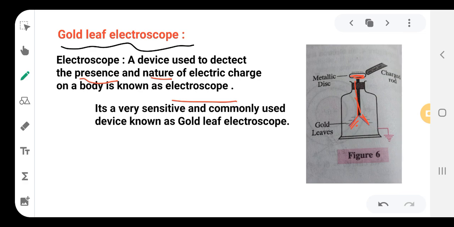Now let us go to the working. This apparatus is completely arranged in a glass jar, and this glass jar is earthed so that if numerous charges are accumulated on this rod, extra charges will be on the jar also, and we may feel the shock. Therefore this jar is grounded so that the excess charge moves towards the ground. Understood? So this is the grounding.